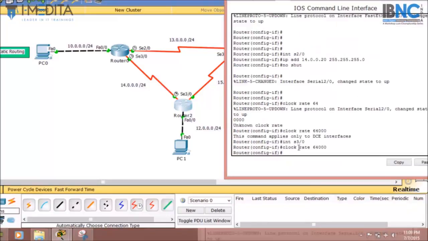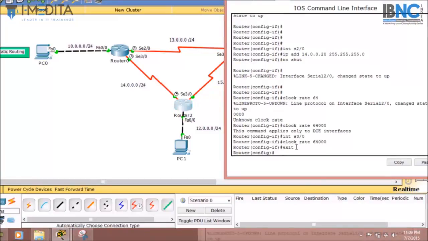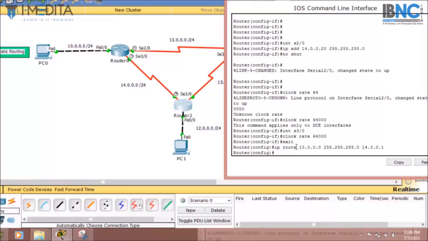Now finally on router 2 we will type exit, then IP route 10.0.0.0, 255.255.255.0 and then the next hop address, that will be the forwarding router's address, that is 14.0.0.1 and hit enter.